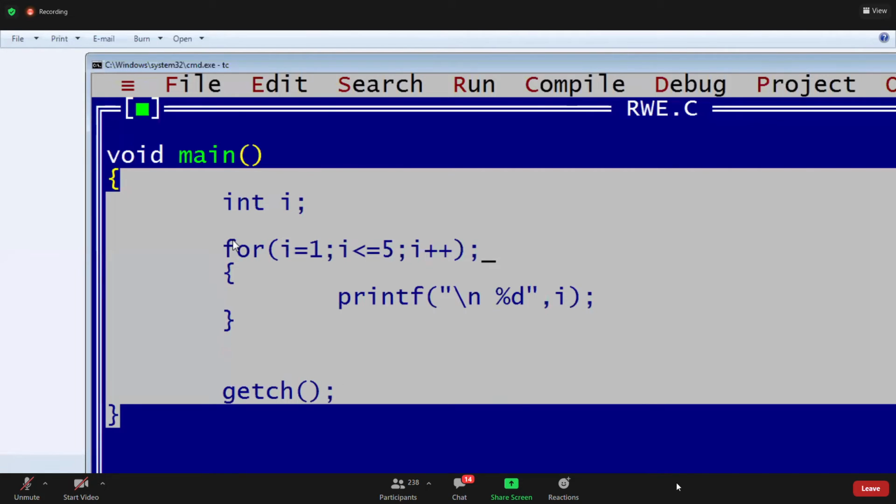The next one, guys. For example, there is no condition now. Tell me the answer for this. There is no condition. What is the meaning?